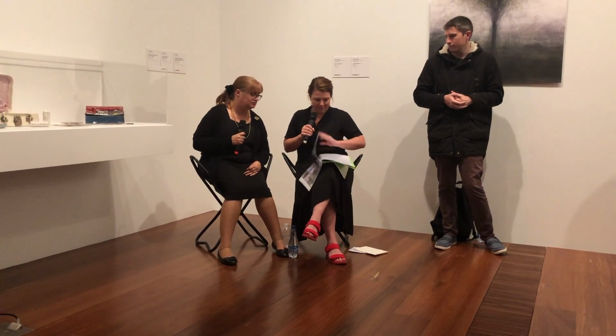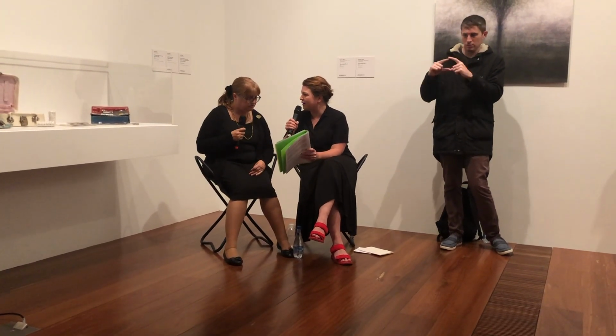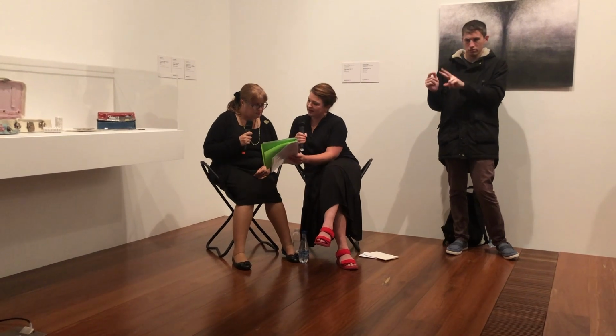Okay, so the next question: is it difficult? You're using these pictures and you're using the 3D objects, but is it difficult turning a photograph into a sculpture? It was a bit of a challenge because